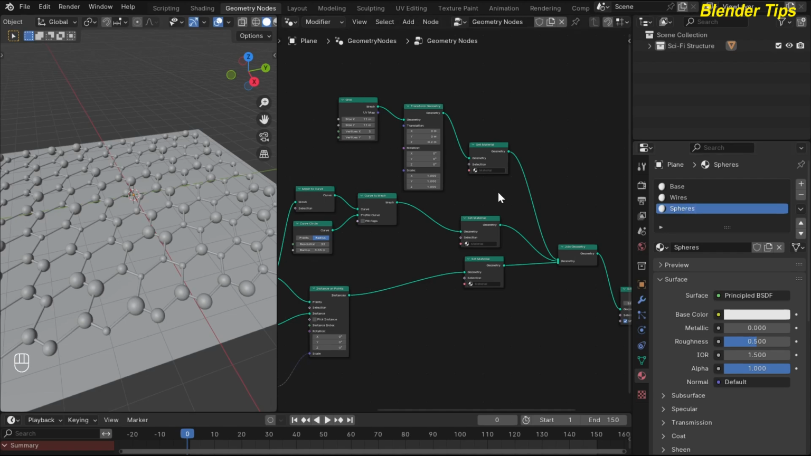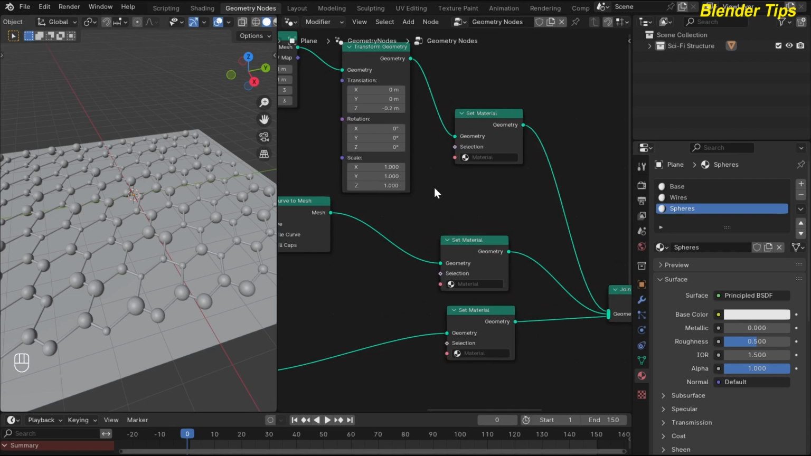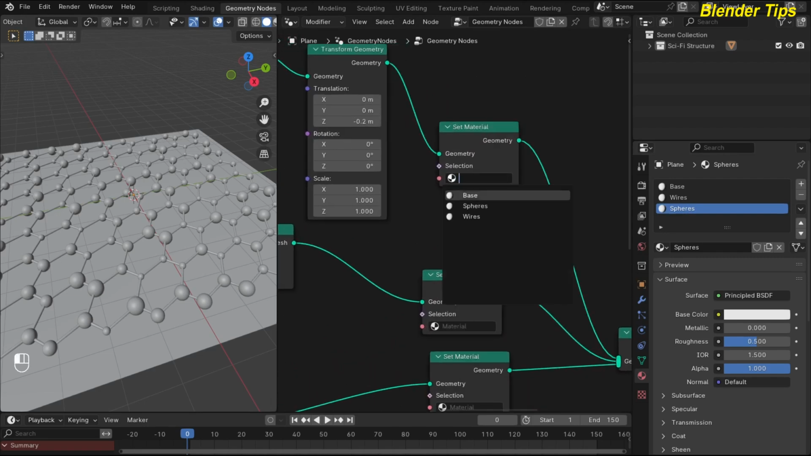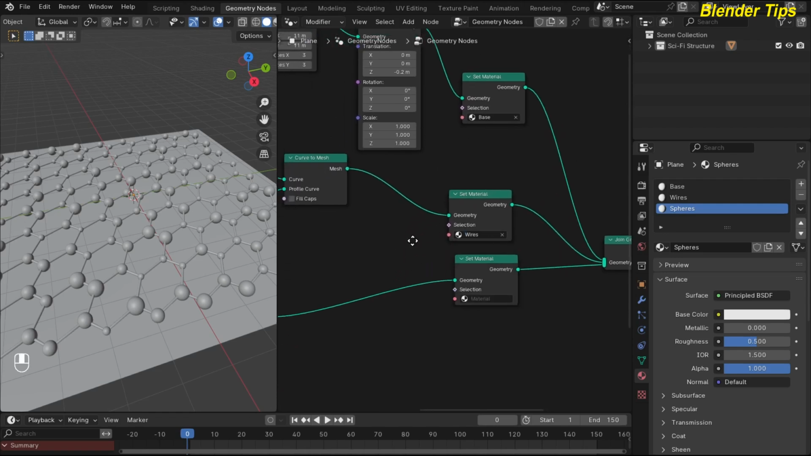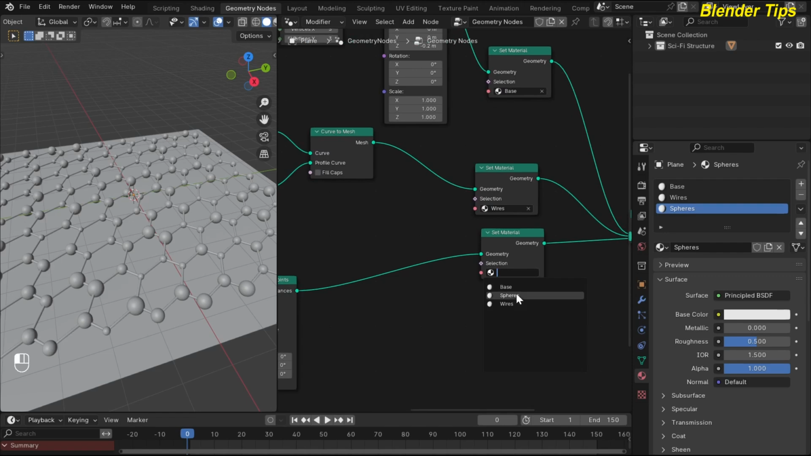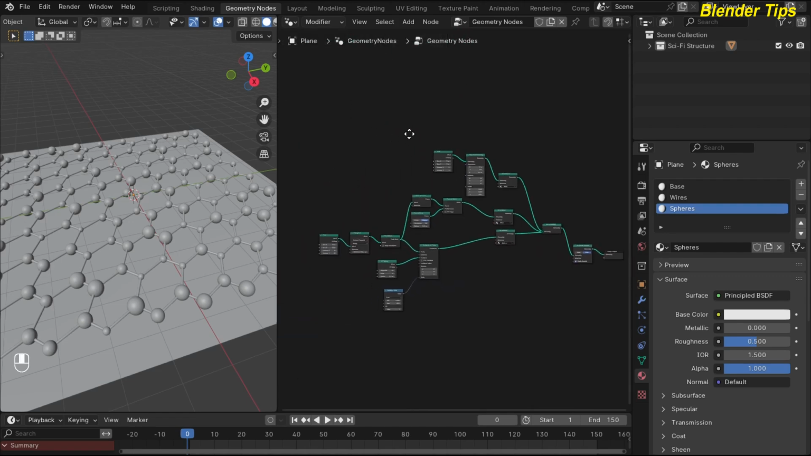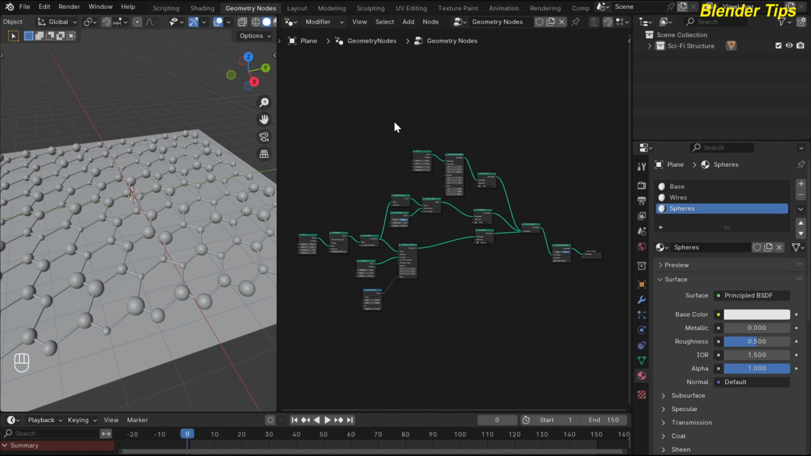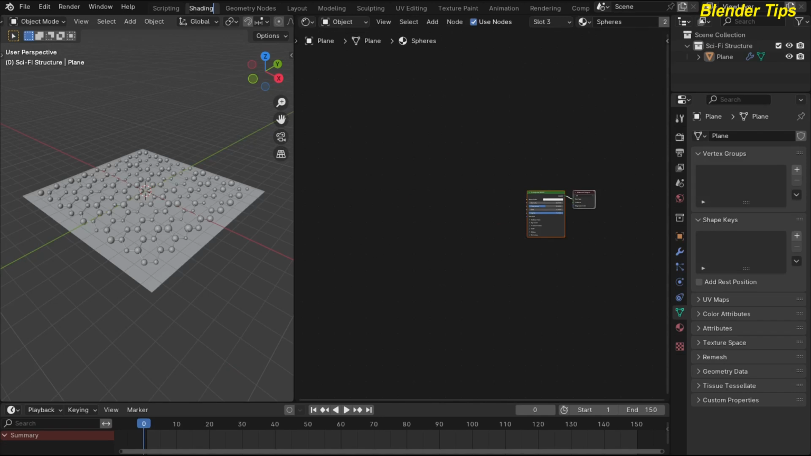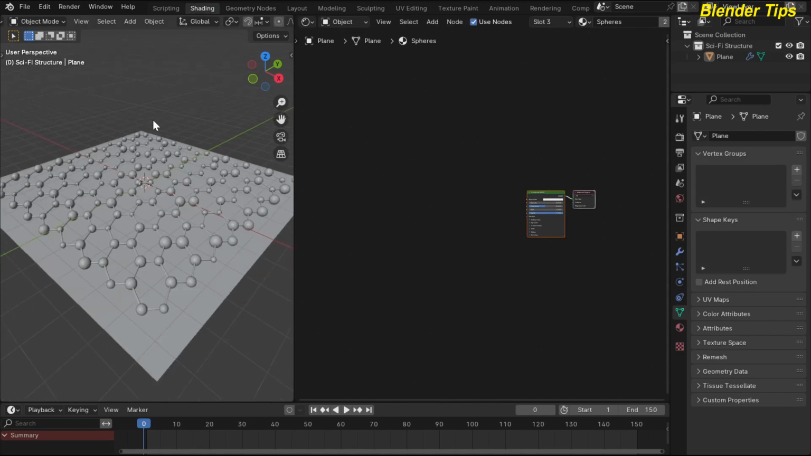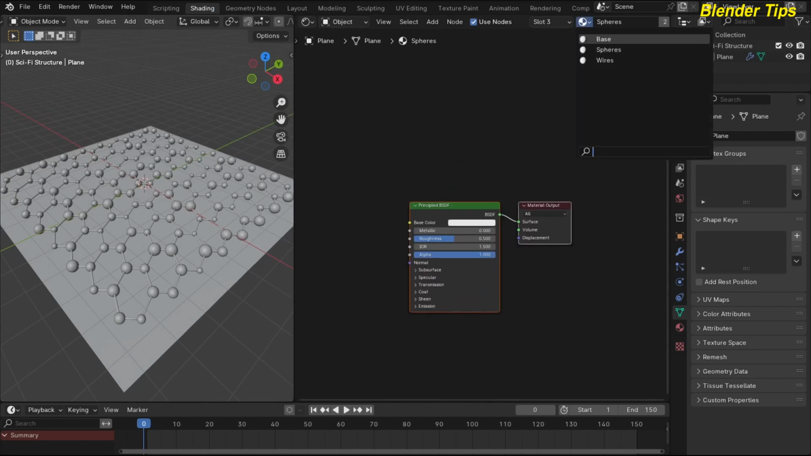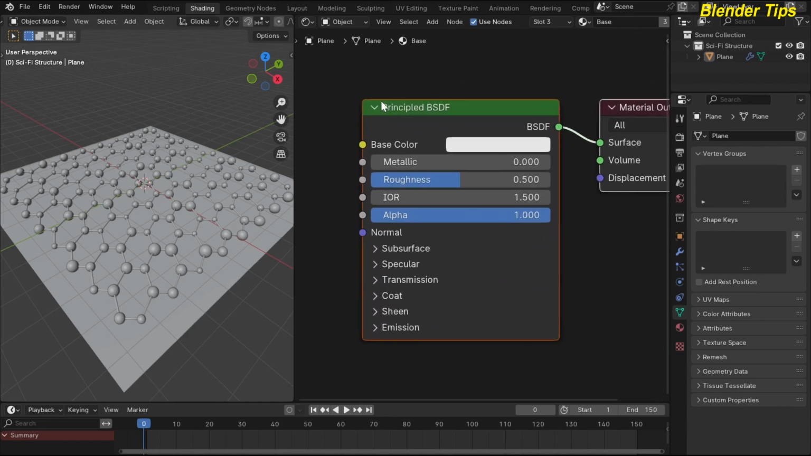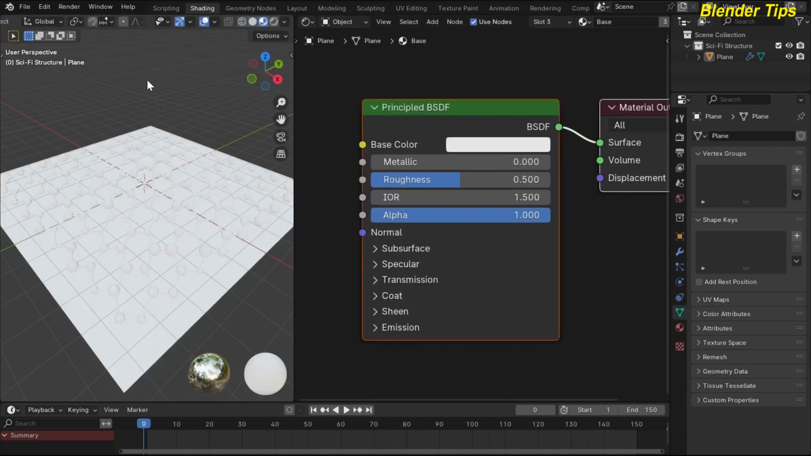Beautiful. Now select these materials in our geometry node pattern. Here this is for the base material, and this is for the wire, and this is for the sphere. Now the material is applied to our structure. Now I move to the shading workspace, and here I change this material to the base and also into the material view,